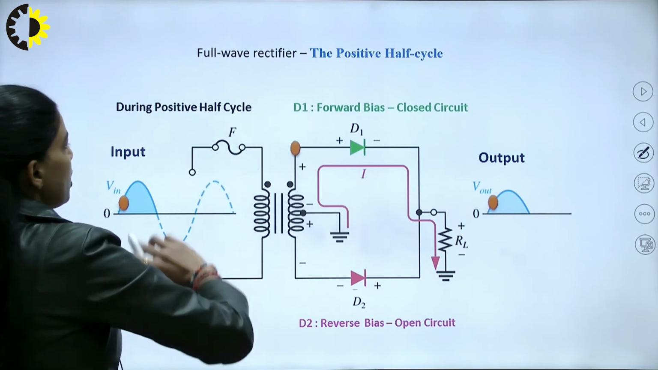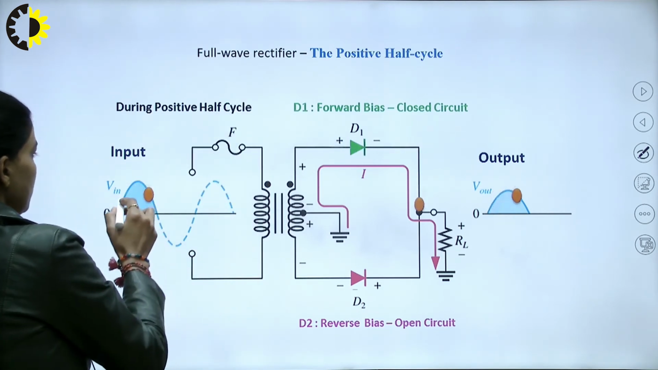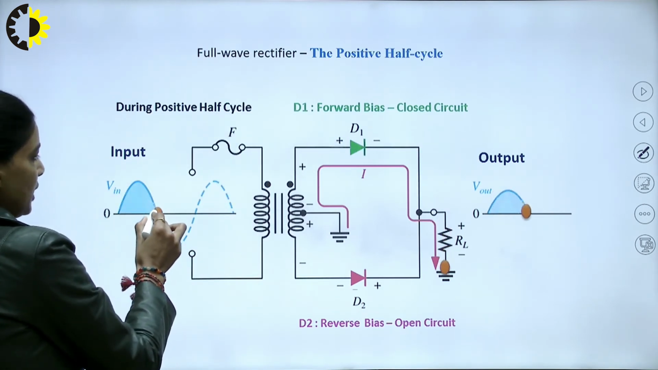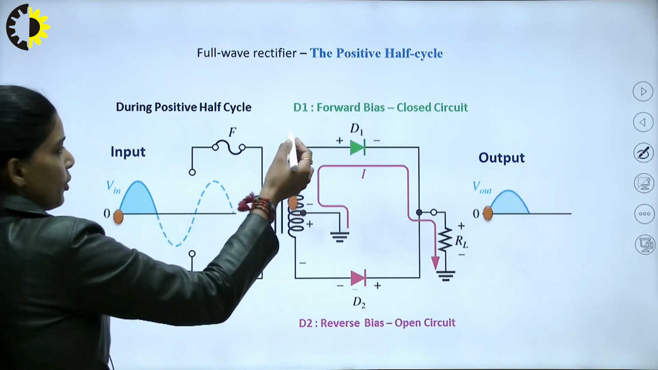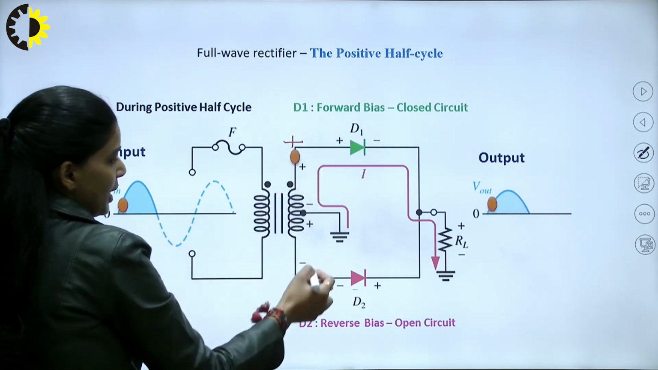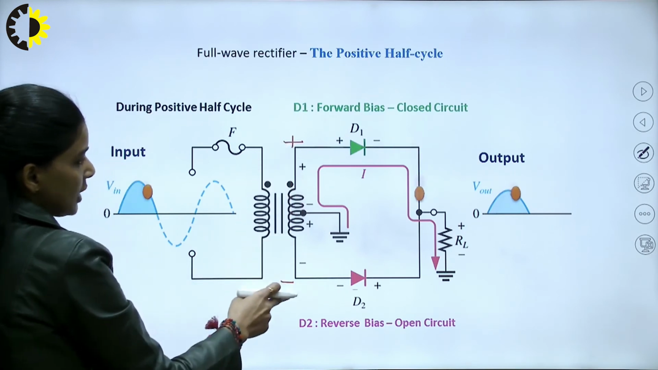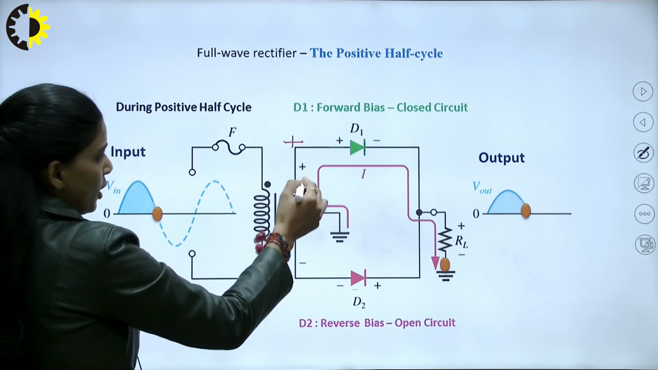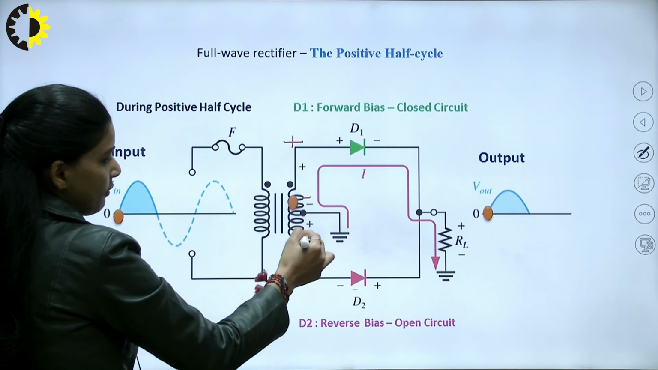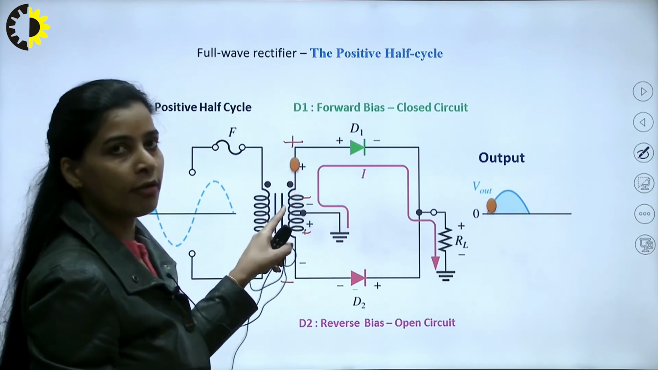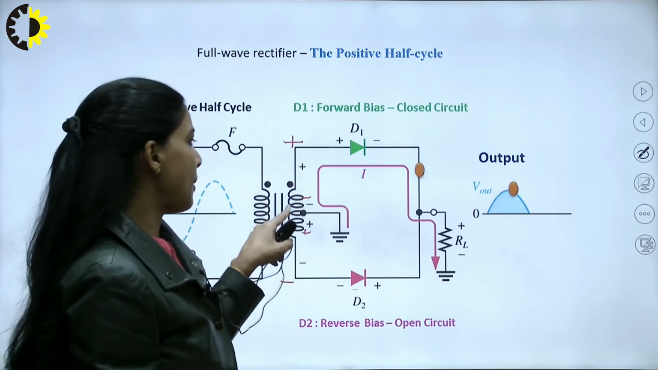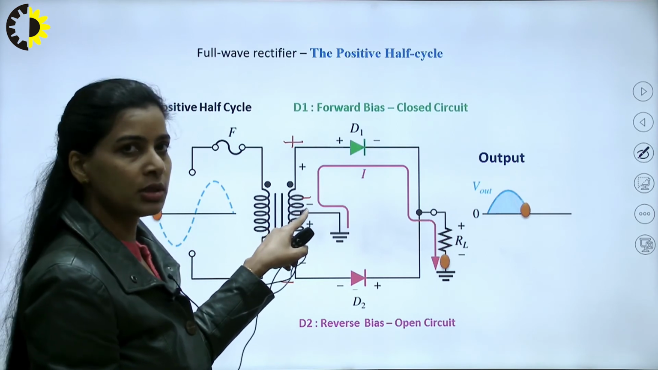What happens in the positive half cycle? Here you can see the positive half cycle appearing. In the positive half cycle, this will be plus and minus. Positive half cycle is appearing here. So, positive, negative, then positive and negative, because we have provided a center tapping to the secondary of the